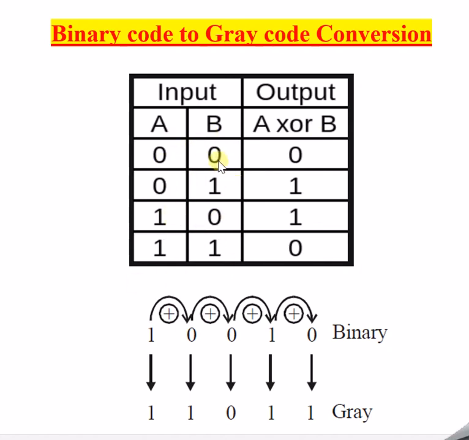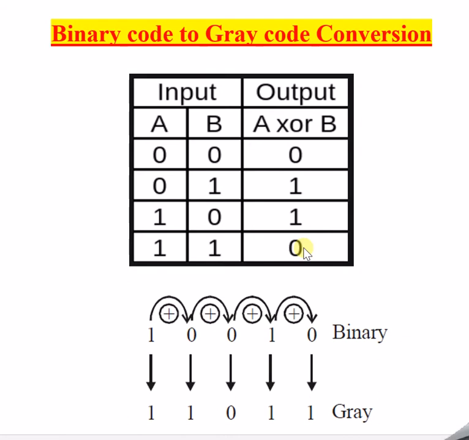So we can say that XOR gate is nothing but binary addition. 0 0 means output will be 0, 0 1 gives 1, 1 0 gives 1, 1 1 gives 0. Why? Because we cannot say 1 plus 1 is 2 in binary representation; 1 plus 1 is 0 in binary representation. Remember it in the simplest way: 0 plus 0 is 0, 0 plus 1 is 1, 1 plus 0 is 1, 1 plus 1 is 0. Sum is 0, carry is 1.